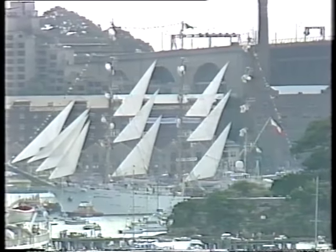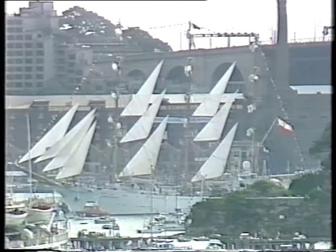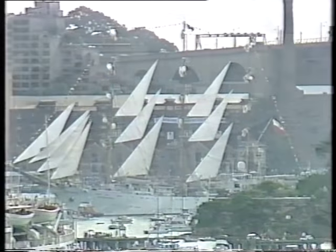How many cadets on board that? Well, she's got about 130. Sorry, no, that's not right. She'd have about...